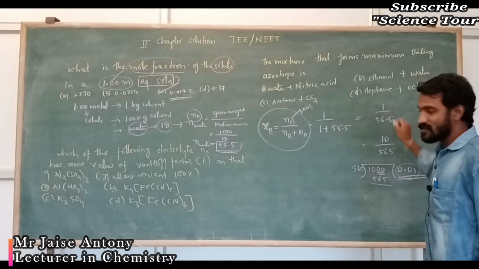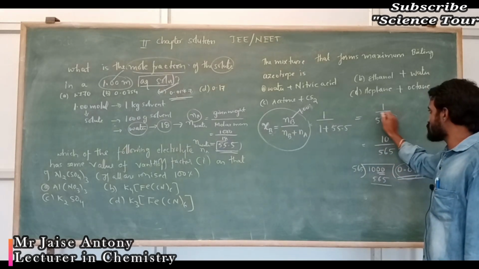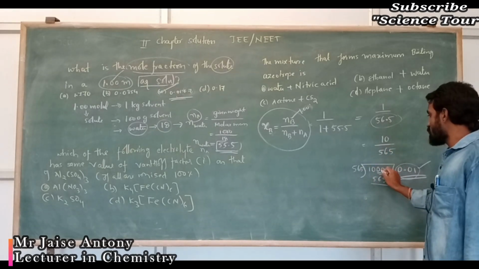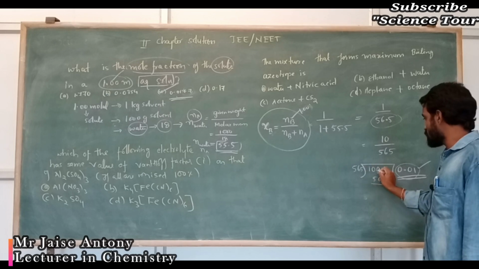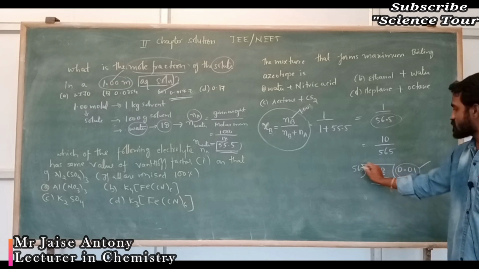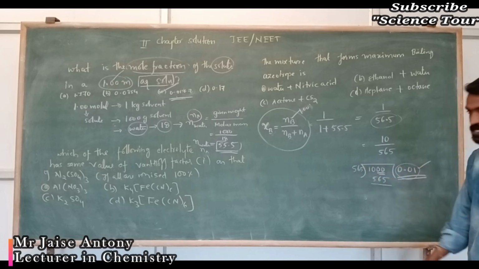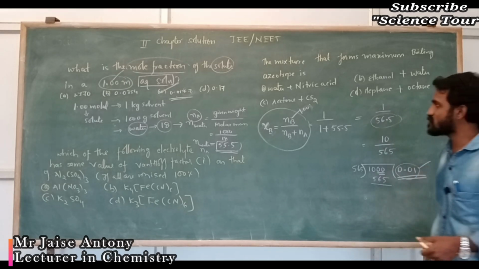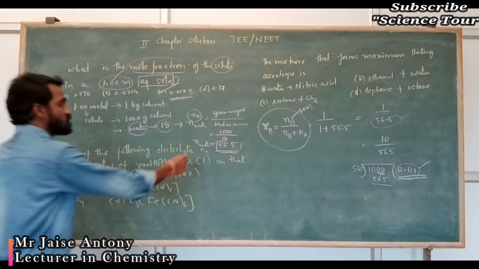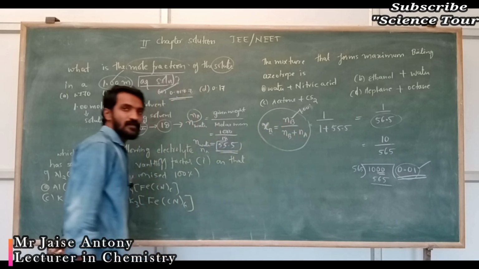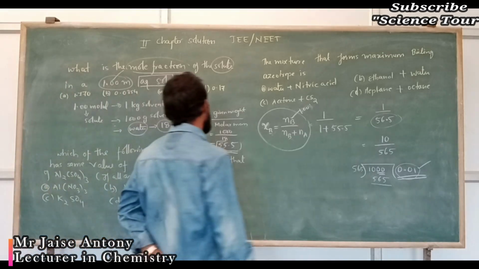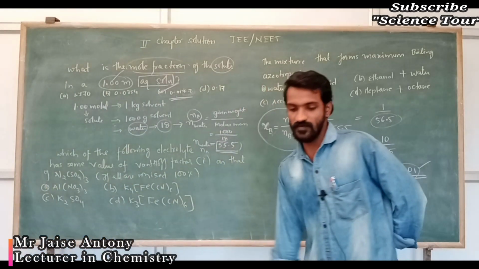For dividing this one, a point is there. I just took this particular as 565. Here it is 10. Understood? So 565 over 10 means it's difficult. So you have to add a 0 here. So here it becomes 0 point. And again a 0 is added here. Correct? See here 565 ones are 565. After that, no need of solving. We got the answer 0.01. This is the answer. You may ask why you solve this one, it is to get NA. Understood? Directly you won't get the answer for this one. That's what they have given. This is the answer 0.01. Over.